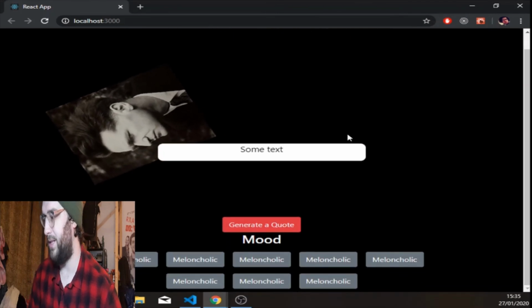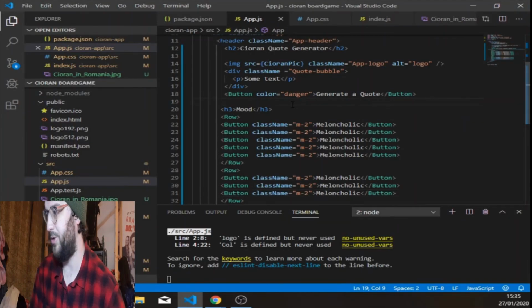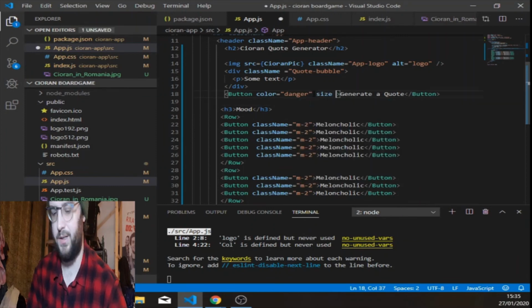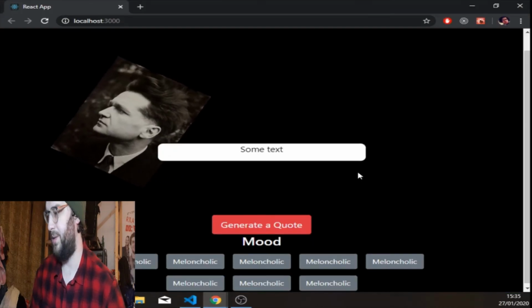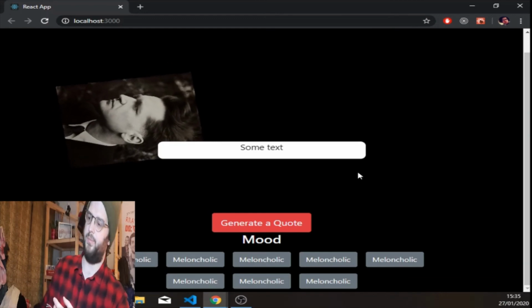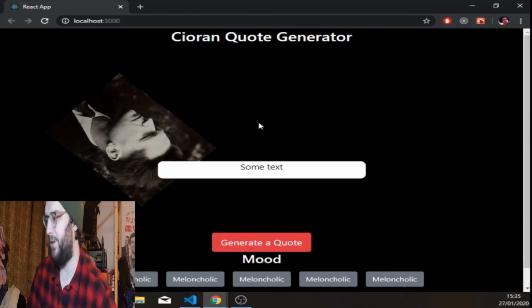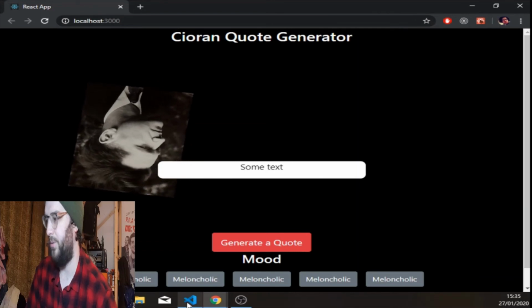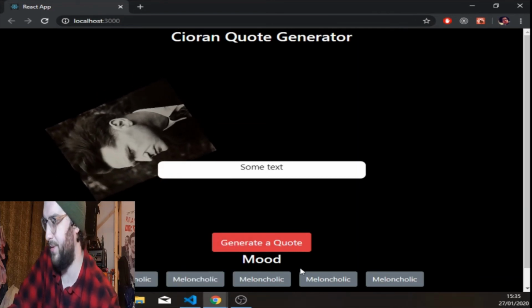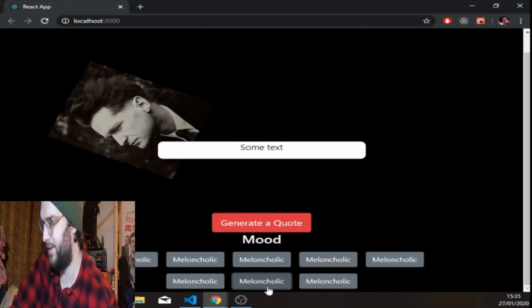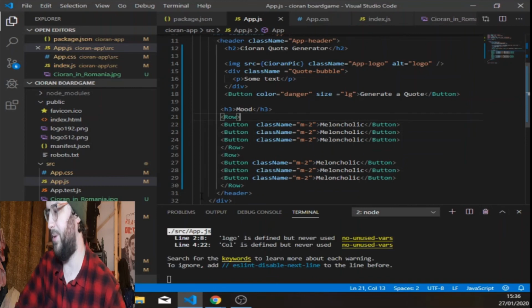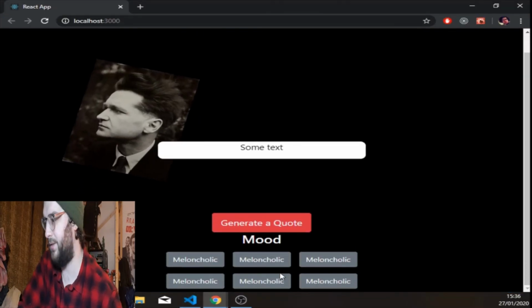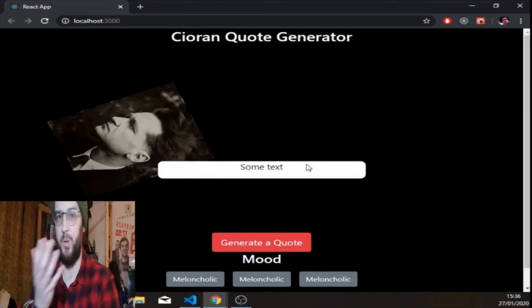that's the base layout done. I want to make this a large button, I think. So I think I can do this. Size large, which makes it a bit bigger. So it separates it a bit out from that. Separates this from these ones, and each one of these will set state, so I'll explain a bit more about that in a second. I'm going to reduce the amount there because it's too many, and then we've almost got our first part of our create react done,